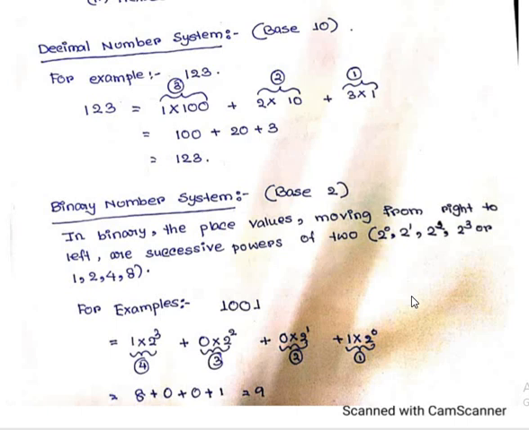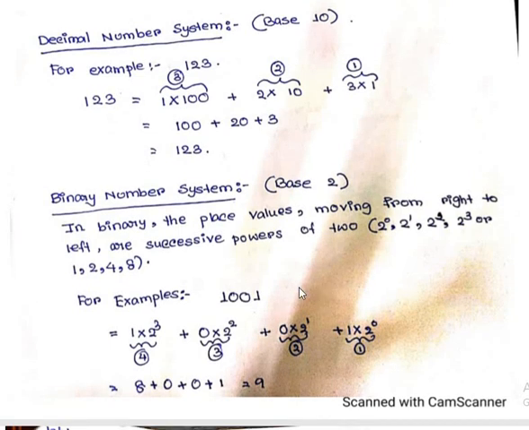Now how can we represent a binary number? Here I have taken an example, 1001. So how will I get the decimal of that binary number? In the same way, I will write each of these digits separately. Here I have written 1, 2, 3, 4. To separate each group from the other, I have written this. You don't have to write these things in your exam copy.